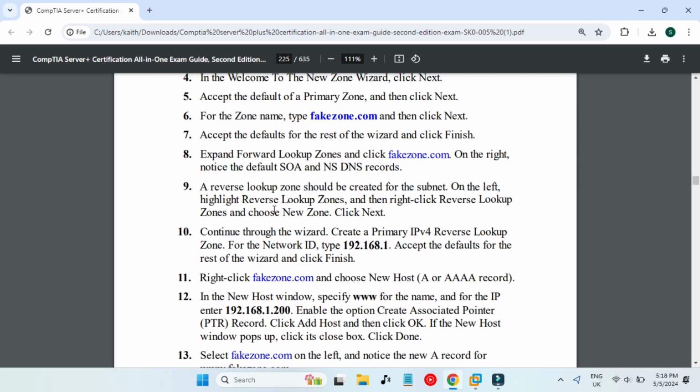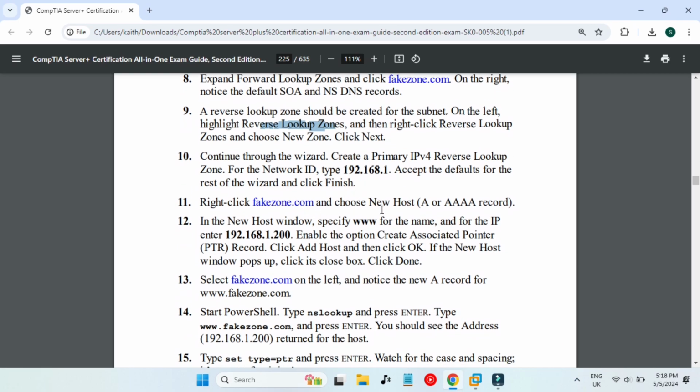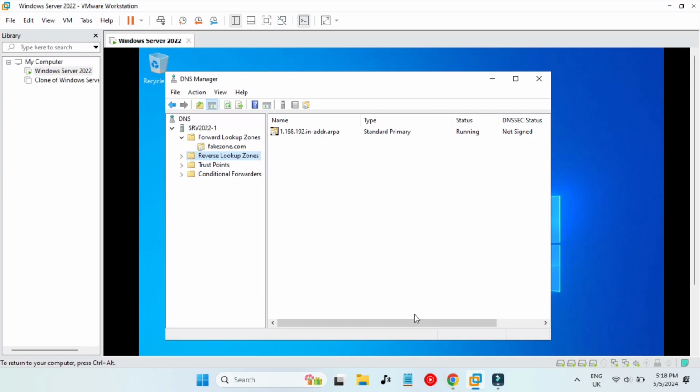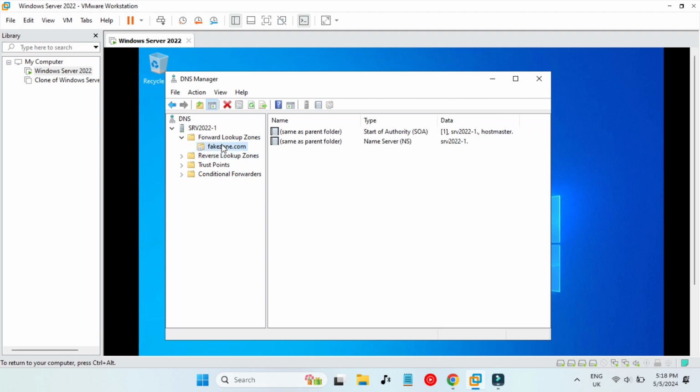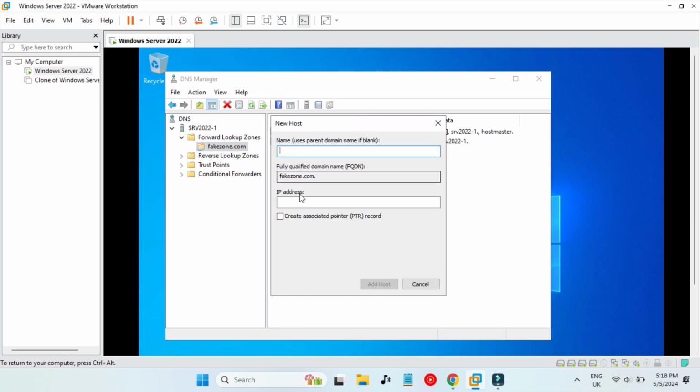So right click on fakezone.com, and then we have to choose a new host, A or quad A record, which I have explained you already. So A record will be for IPv4 and quad A record will be for IPv6. So we are going to use A record, which will be IPv4. So we right click on fakezone.com because we are creating a record for fakezone.com, and here we go to new host, A or quad A record. Click OK,